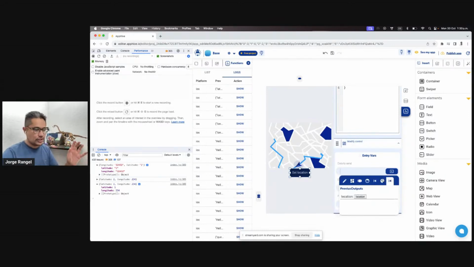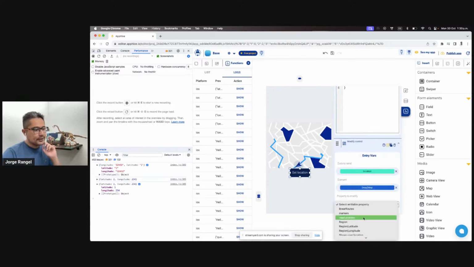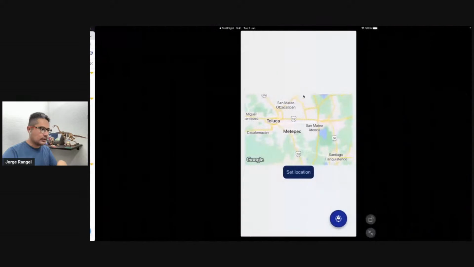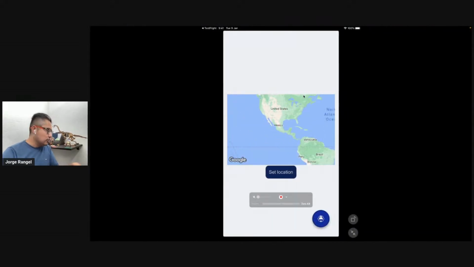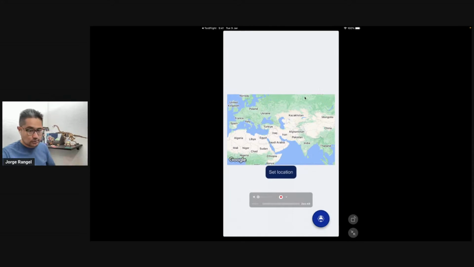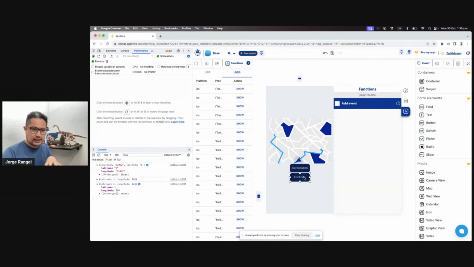For example, if I change here the location to this one, and the element that I'm going to be changing is the map, and the property that I'm going to change is the region. So now when I go back here and I click on it, you can see the region that it puts on is not really valid because we put values that are not correct, right? The values that we put are here 1 and 234, which are not really a correct coordinate value, right? So in order to have one value that is actually valid, let's put here read